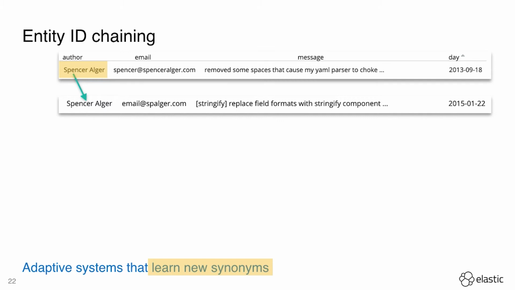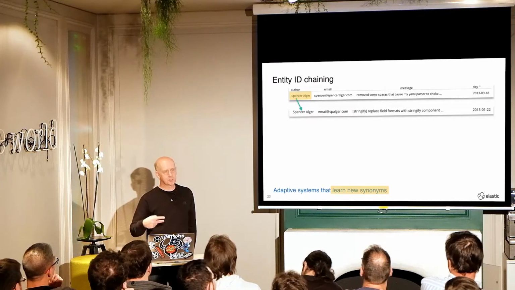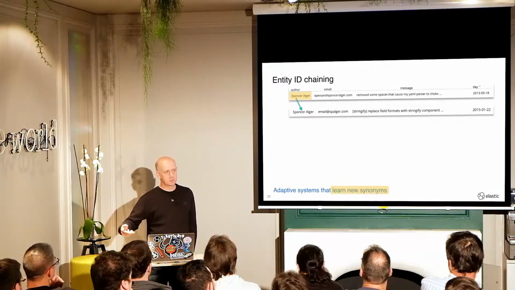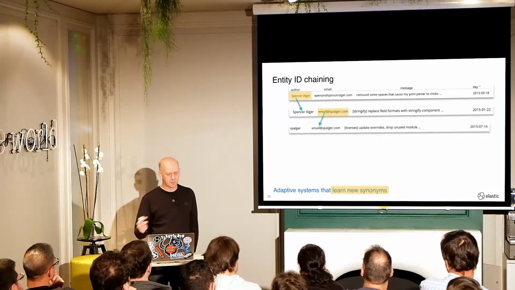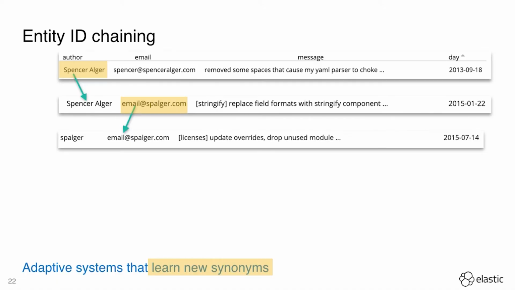We can take the user ID and use that to find other commits that share that same ID. But we've discovered that there's a different email address associated with this one. So he's got two email addresses that he's used in his history of GitHub commits. But again, that's taught us something new. We've just learned he has another email address. So that's an opportunity to find more information. We can take that email address and find other user IDs. So we're flip-flopping between user IDs and email addresses.